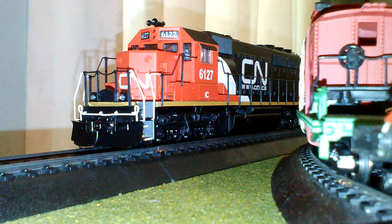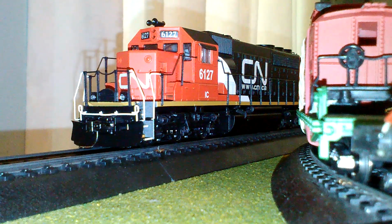So, this locomotive is a Broadway Limited SD40-2 Canadian National. Sorry I'm talking fast, guys. I just don't have too much storage space on my phone, so bear with me here. I know that's not something I model a lot. I plan on getting more into Canadian National, so you're gonna see a lot more Canadian National stuff on my layout. This locomotive, I can show you all the sound and the lighting features. I can show you the startup, the shutdown, and I also want to show you my